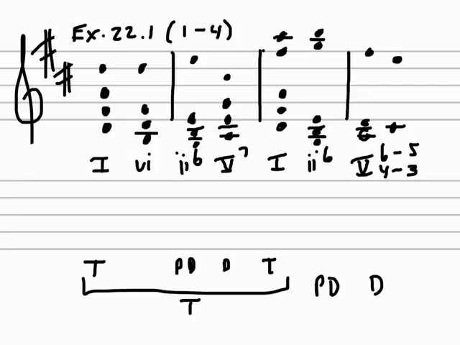Let's look at a harmonic reduction of example 22.1. This time we're going to be looking at the first 4 measures that establish our key of D major. So in a harmonic reduction,